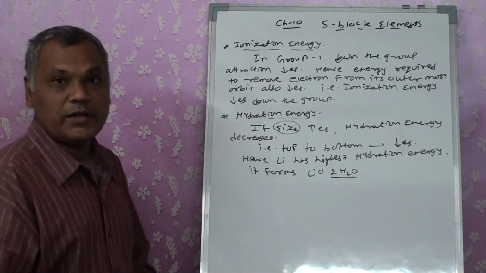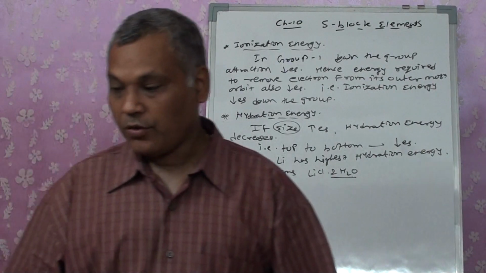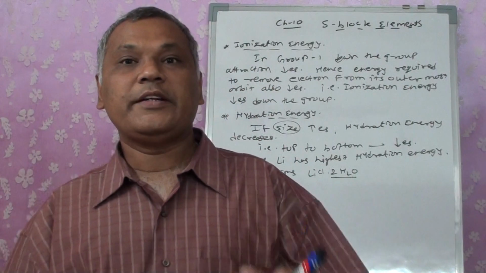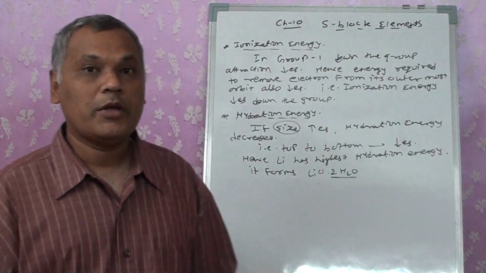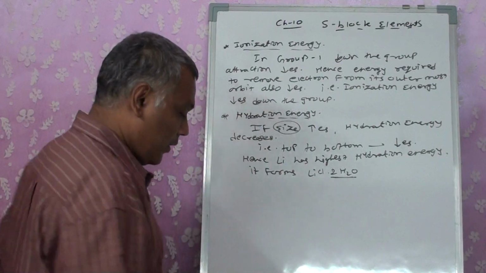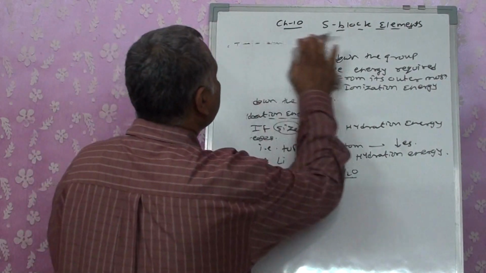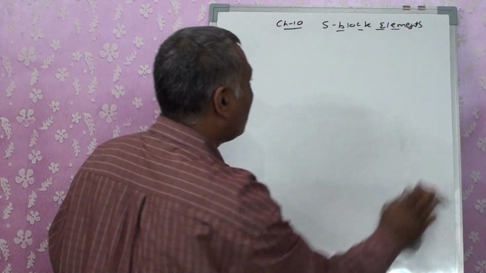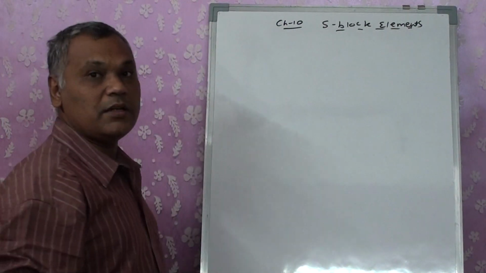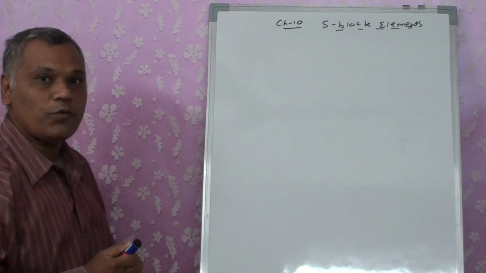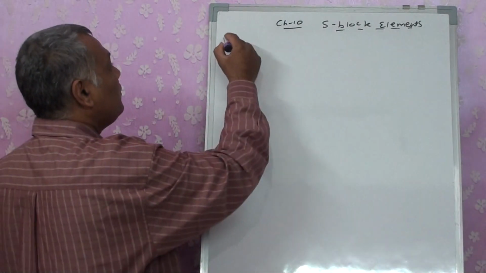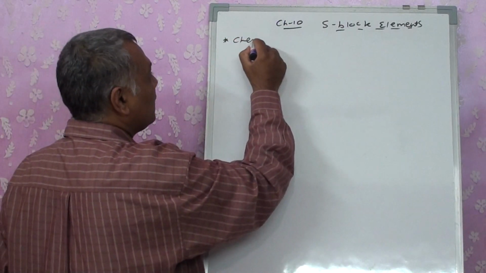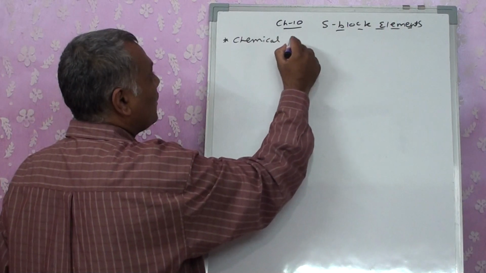Okay, these were the general trends that we have gone through. Now let's do some of its chemical properties. These were the general physical properties of group 1. Now the next one, if we take it, is chemical properties,